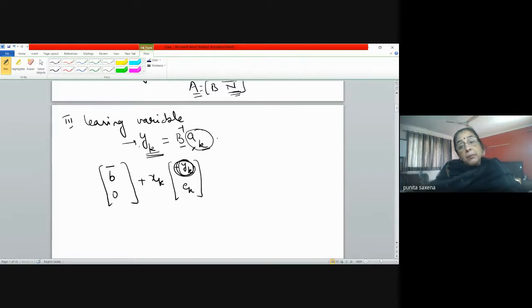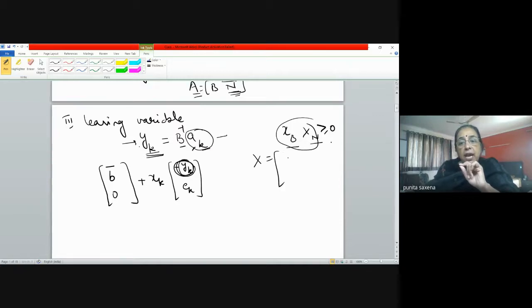right? Now, as you were saying, when in your second step you were stuck at a point, because at one stage, if you choose that variable, your basic variable would become negative, which will violate the non-negativity restrictions. So in this case, whether my variable is basic or non-basic, they have to be more than or equal to 0, because non-negativity restrictions तो हमारे पूरे x को satisfy करनी है, and my x is nothing but xb xn, and this has to be more than or equal to 0.